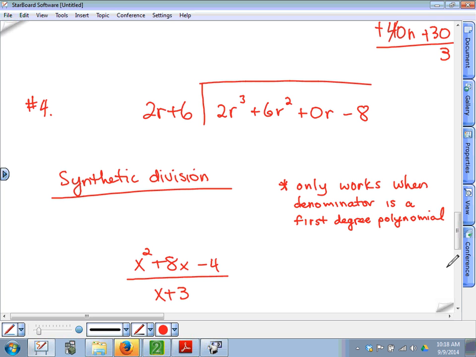What does a first degree polynomial mean? It means it has to be an x to the first, right? Is this an x to the first? Yes. So this is a first degree polynomial, but that's not all. It's a first degree polynomial with a 1 in front, meaning a 1 in front of the x. So if it's a first degree polynomial with a 1 in front of the x, then you can use synthetic